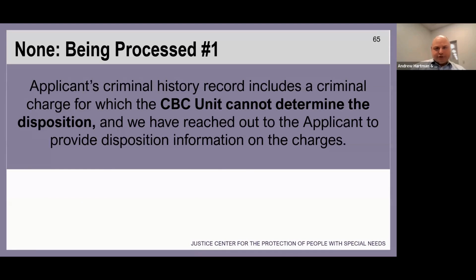There are two scenarios in which you'll get a none being processed. In the first, the applicant's criminal history record includes a criminal charge for which the CBC unit cannot determine the disposition, and we may have reached out to the applicant to provide disposition information on the charges. So, if I were to give an example to illustrate this,